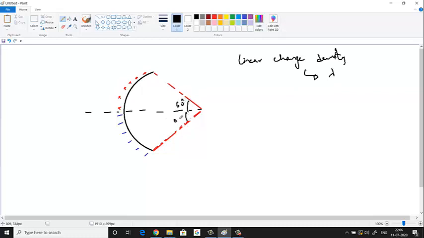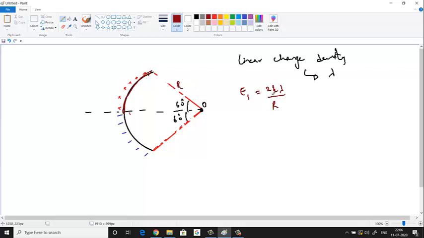What is the electric field at this point? How will you do it? Just now we saw, if we take only this much part first, this brown color part, the upper arc, how much angle is it subtending? The upper arc, 60 degrees. So what is the value? Let us call it E1. 2k lambda by radius is how much? Say the radius is r.